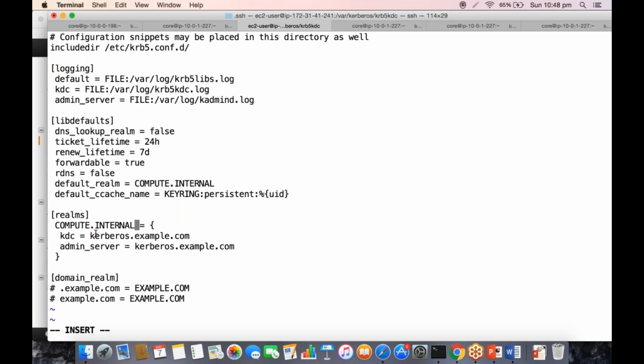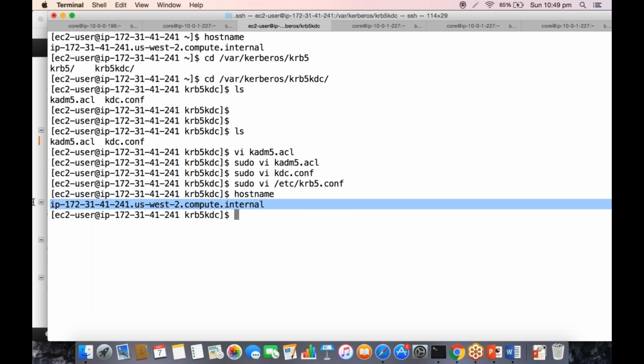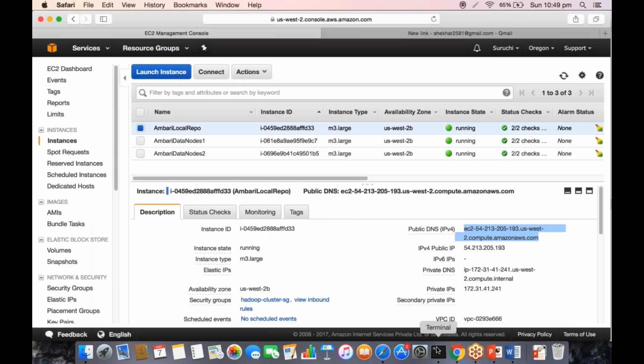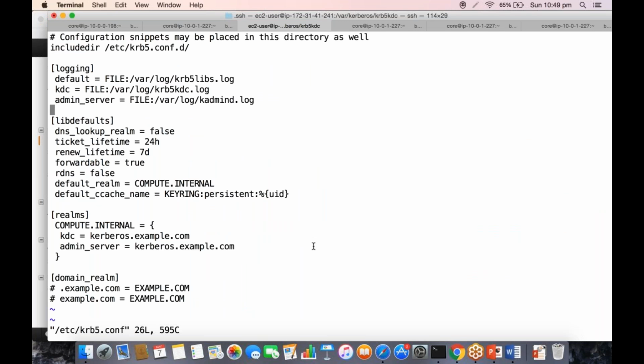The KDC will be running on the same machine, so this has to be replaced by the host name. Let me just quickly take up the host name. So this is my host name where I'll be running my KDC. On the same machine, the admin server will be running.